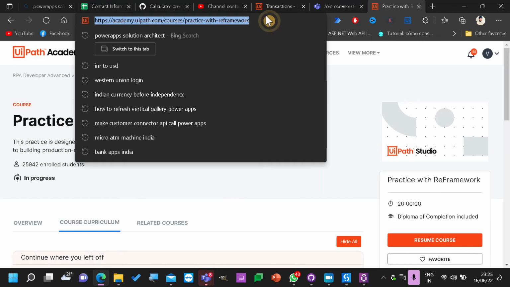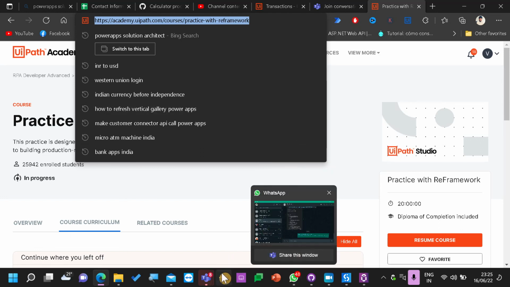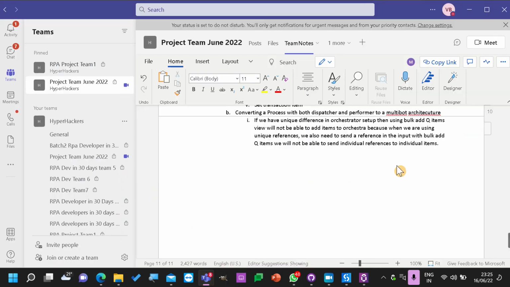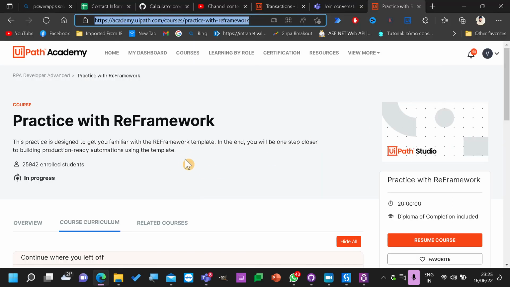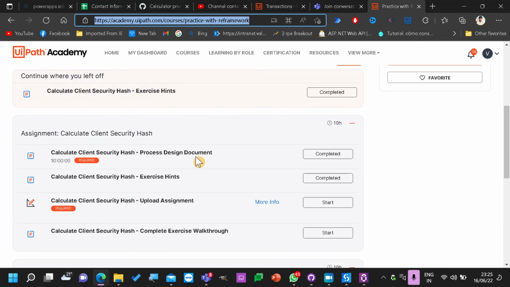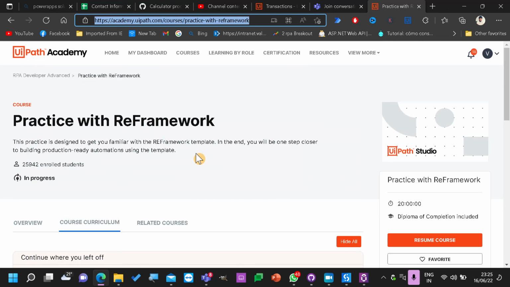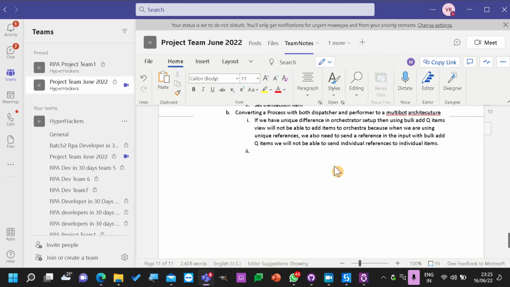I want you to complete this activity at any cost. Sit together. I need at least one solution from all the team members, but you should sit and you should work. I need everyone to complete this particular activity. If you are able to complete this practice with REFramework, you will get the advanced developer certification directly from UiPath.